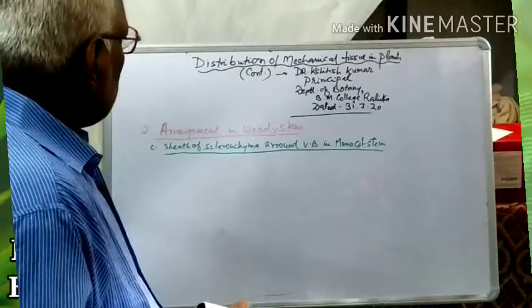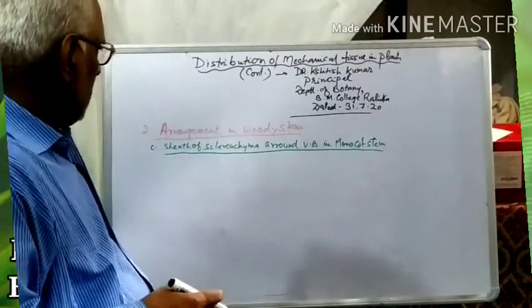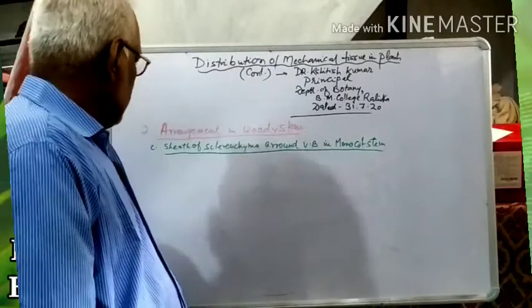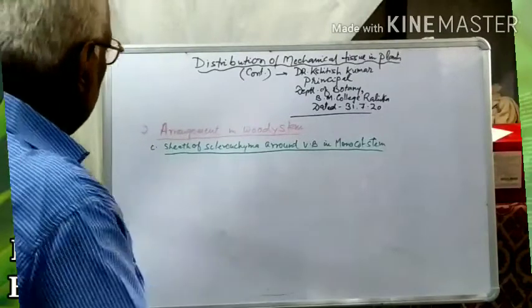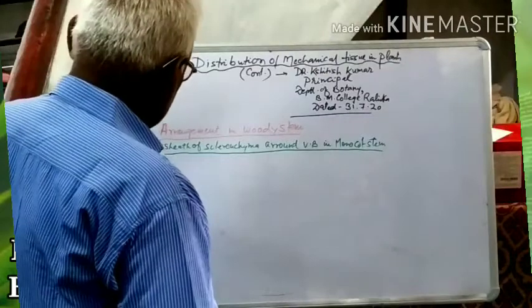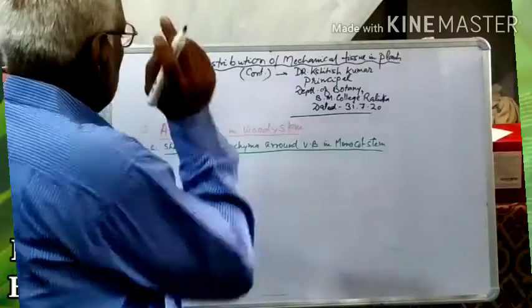Hello friends, we are continuing the distribution of mechanical tissue in plants. In the heading, arrangement in the woody stem, we have completed two subheadings, and now this is the third, where the